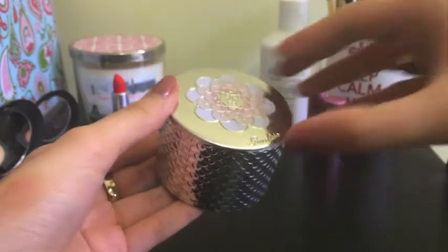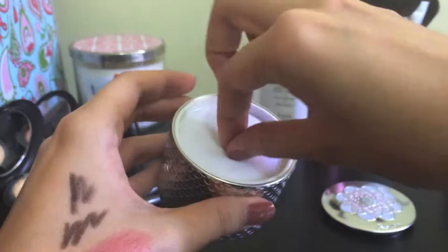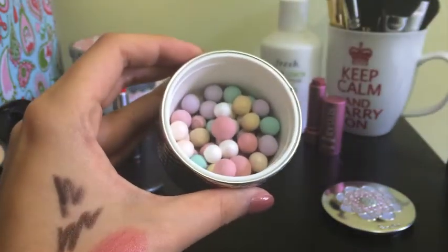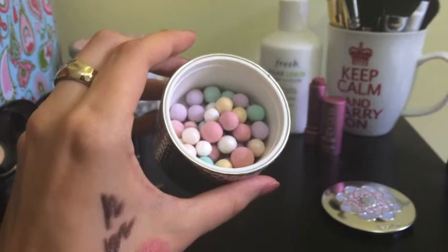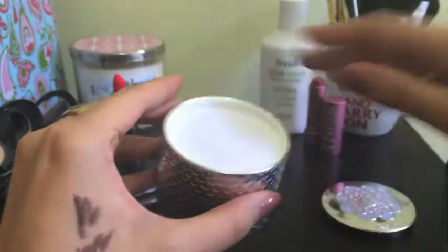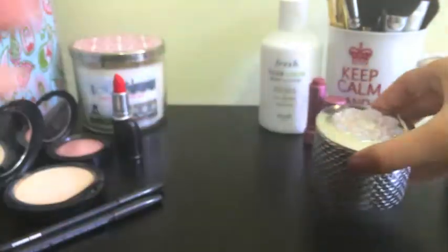I never tried the older one, which I keep hearing is better. I'm gonna link an interesting review down below, but I really like them anyway. One thing that was disappointing is that this is all the product that it comes with. It looks like it's half empty already, but, you know, what can I do? I really like the shimmer they give so far, and I just think the packaging is the most beautiful